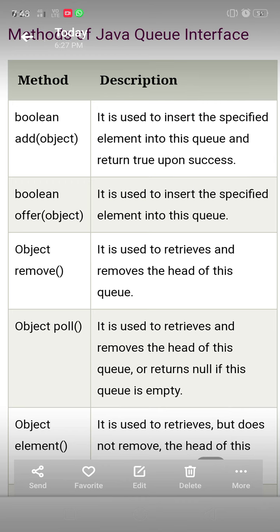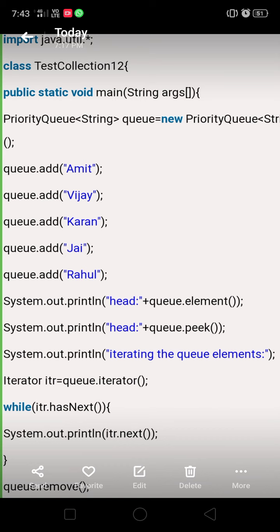So this is about the Java Queue interface. Here we gave an example for this. In this example, we are creating the class TestCollection12 and writing the code within the main function only. PriorityQueue is our class, and the elements we are going to store in this collection are of String data type. That's why String is specified in the angle brackets.